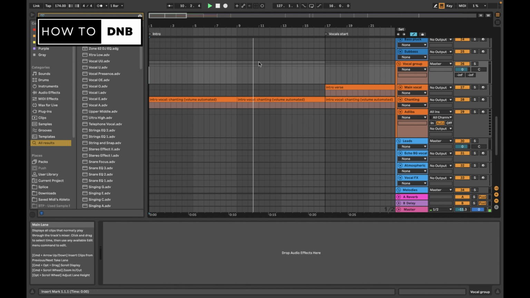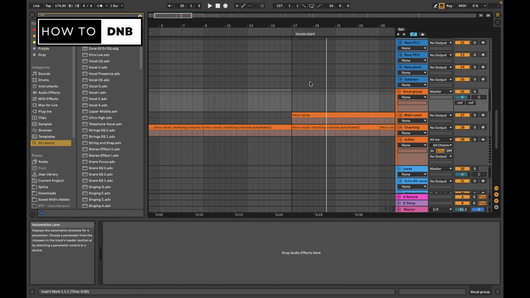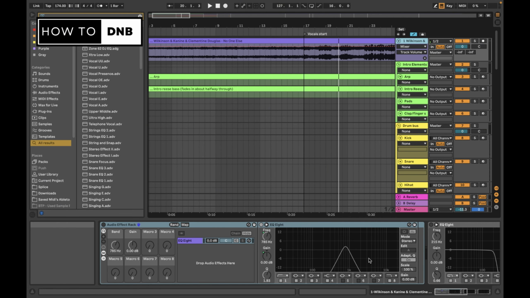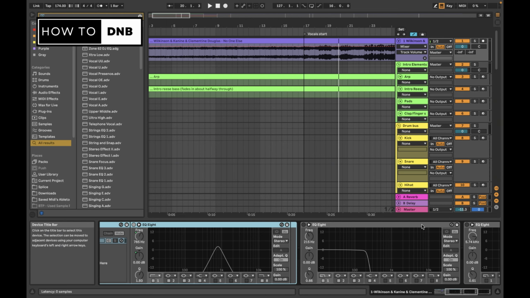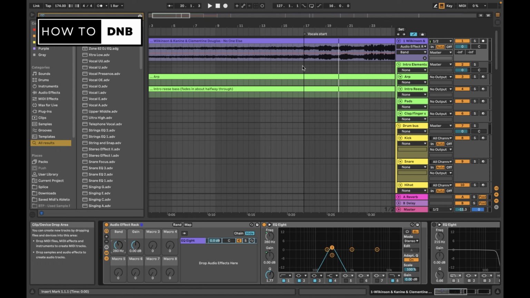Okay, we got that. You can definitely hear all the automation coming in, right? It's coming louder, becoming more open, less filtered out. But no new elements that we haven't got yet. One thing for sure that we haven't talked about yet is there are some pads here. I'm just going to go back to this set of equalizers. I made a super simple band equalizer. All I've really done is map the frequency of 1 and 8 to a macro in an audio rack, so I can move this around as a band. Let's see if we can use that to find these pads here.